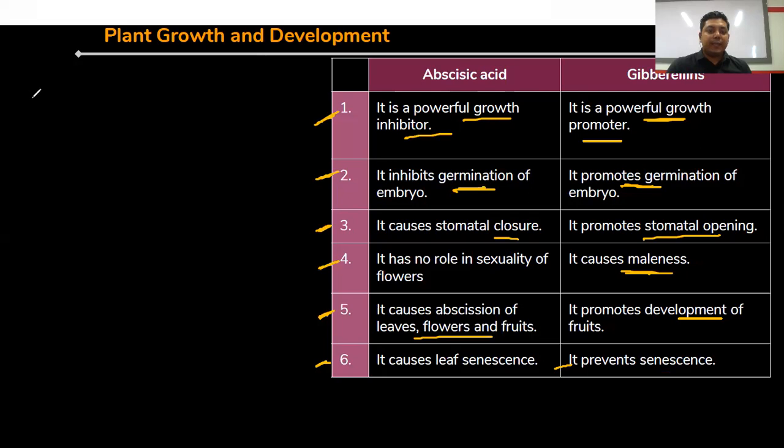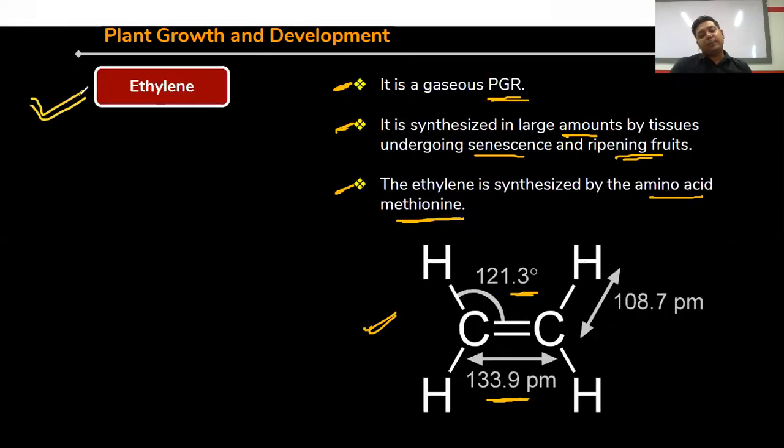Now, the fifth important type of plant growth regulator is ethylene. So already you have learned about auxin, gibberellin, cytokinin, they are growth promoters. Then abscisic acid is a growth inhibitor. Now the ethylene. Ethylene acts as both a growth promoter and inhibitor. It's a gaseous plant growth regulator. Out of these five types of plant growth regulators, only ethylene is gaseous in nature and the others are chemical